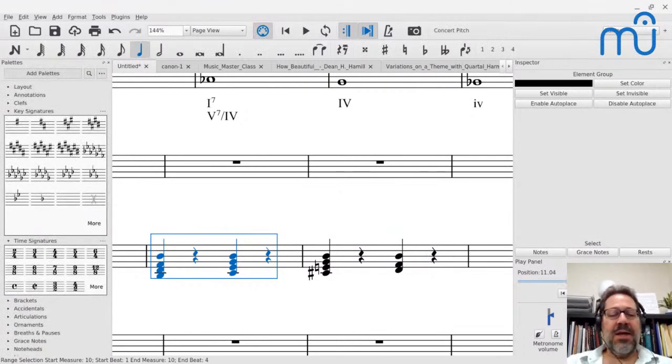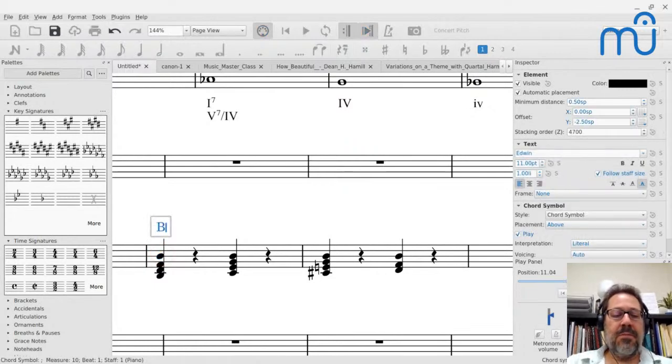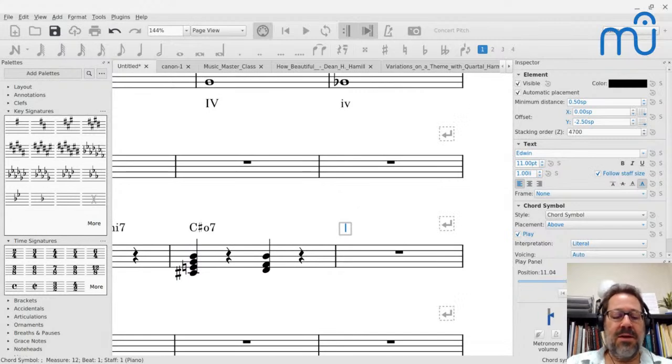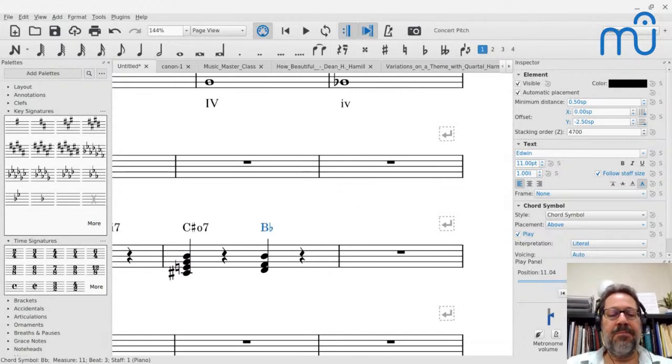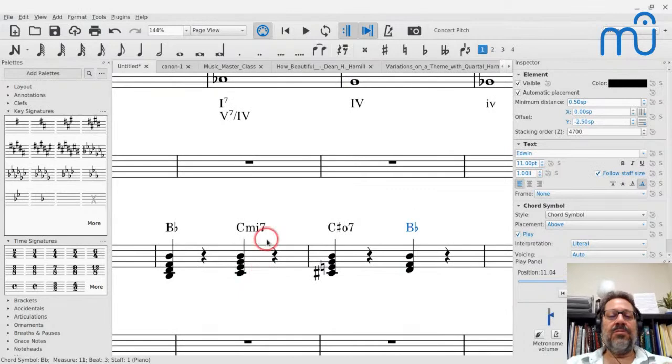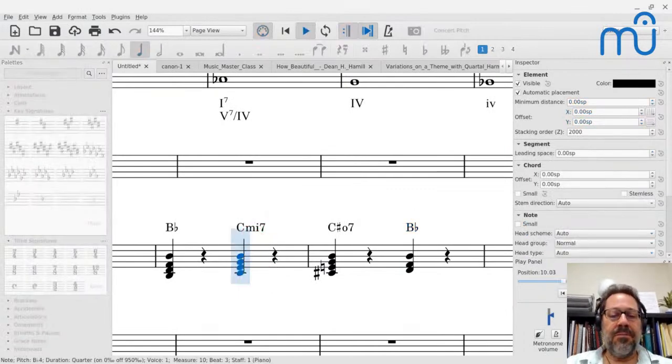What's happening here is we have a B flat chord, then going to a C minor chord, C minor 7 in this case, and then we have a C sharp diminished 7, and then a B flat chord again. This progression here in particular,